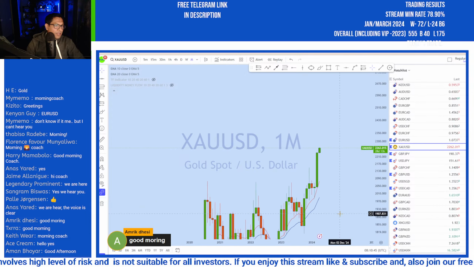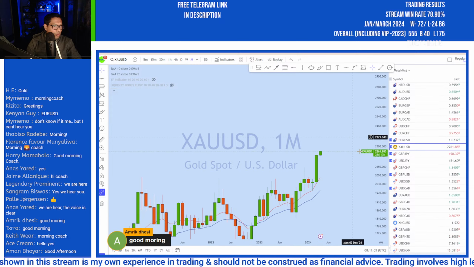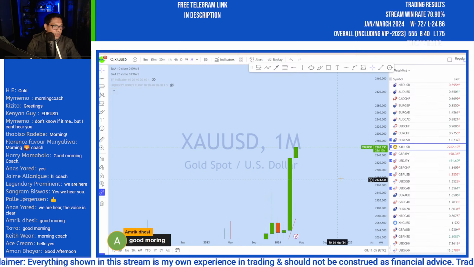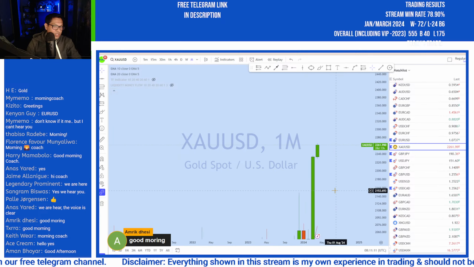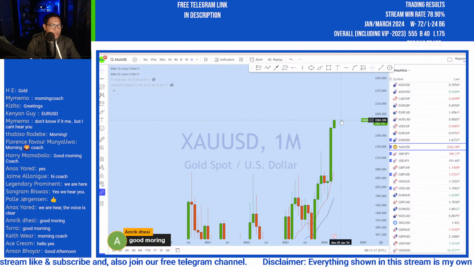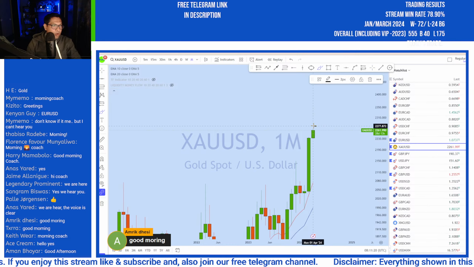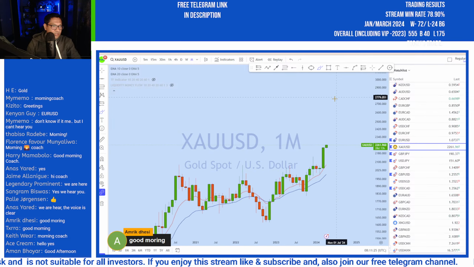Now looking at the monthly to see the overall picture. From the monthly we can see that after the monthly close, a new candle opened yesterday. With the market open yesterday, you have seen that it tested that gap and then got a rejection to the upside, which is a sign of trend continuation on gold. With that monthly open, the sellers couldn't break that low. Instead, we have seen that the market started to bounce to the upside.